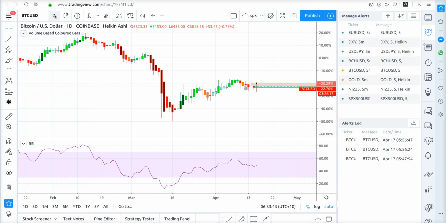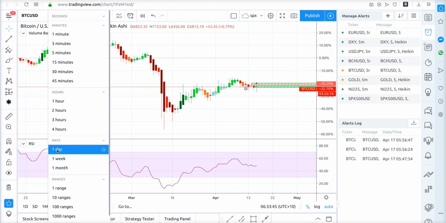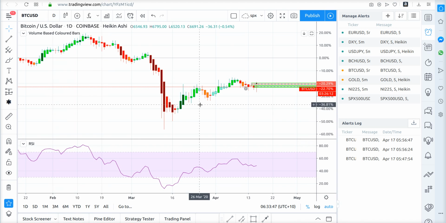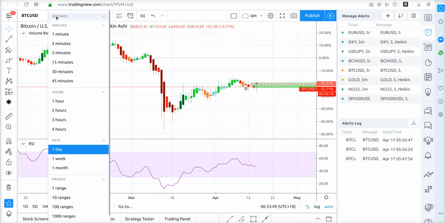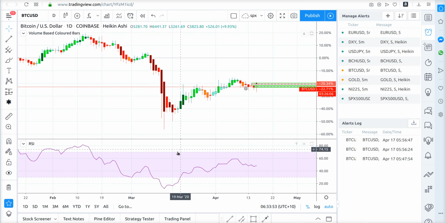Now what you want to do is make sure you set your graph to a daily time. Then this is quite interesting here. So here is